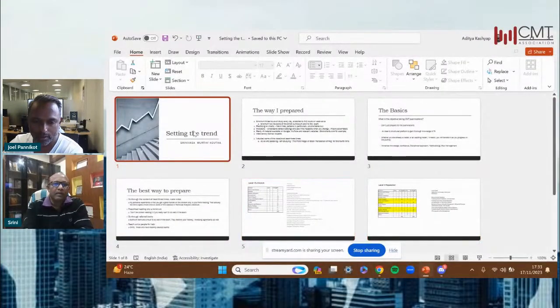Have you been able to share your slides, Srini? As soon as you share your slides, we can just start. Is my screen visible to you? Not yet, Srini. Have you hit the share button? You've gone from present, right? From your StreamYard window, you came to present. You selected your deck. It's visible now. Excellent. So now all you need to do is hit